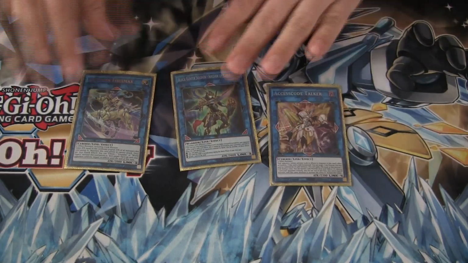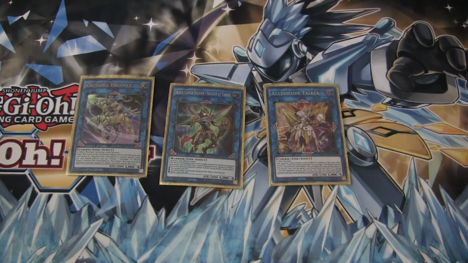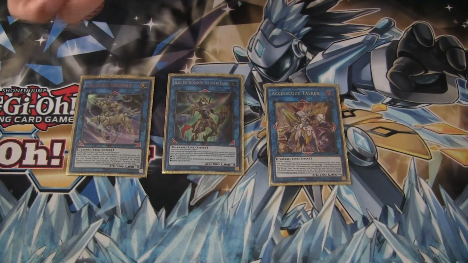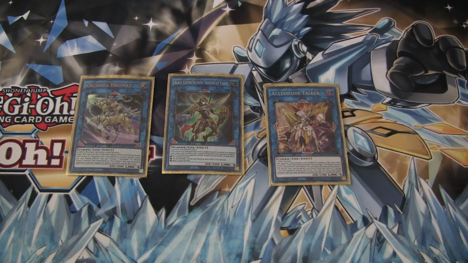Rounding up our extra deck, we run 1 Equimax, 1 Blackluster Soldier - Soldier of Chaos, and 1 Accesscode Talker. If you are a person who fears the luck and the chance, definitely bump up Equimax to 3. I myself only had 1 when I was testing, so I was like, okay, well, we'll just play 1. I threw in the BLS, the downside being he requires 3 monsters at least, but the plus side being